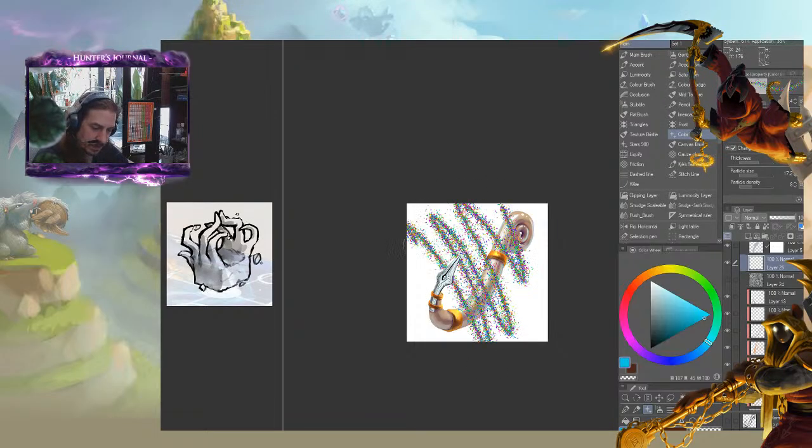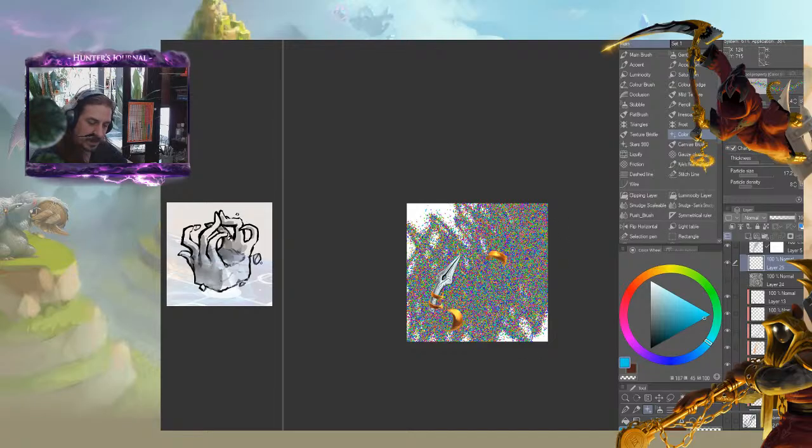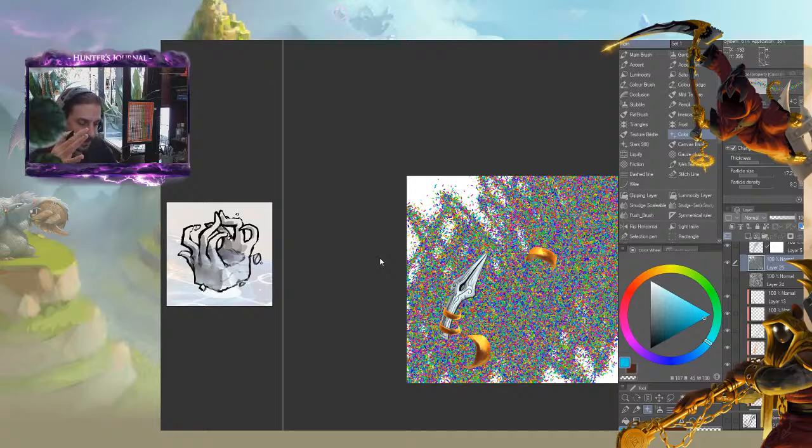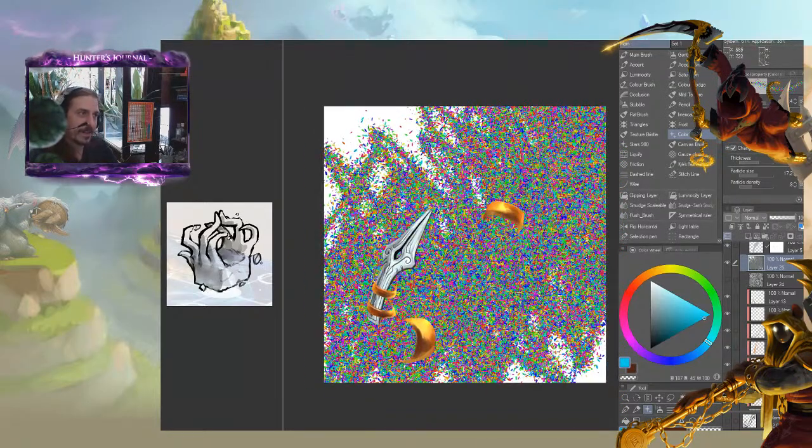Okay, so the idea here is I just create noise that is just like all kinds of colors. It's actually not a bad idea for it to be in a range of some kind. But so I have noise of colors here, right? This is like confetti endgame. So now if I do something like mosaic,